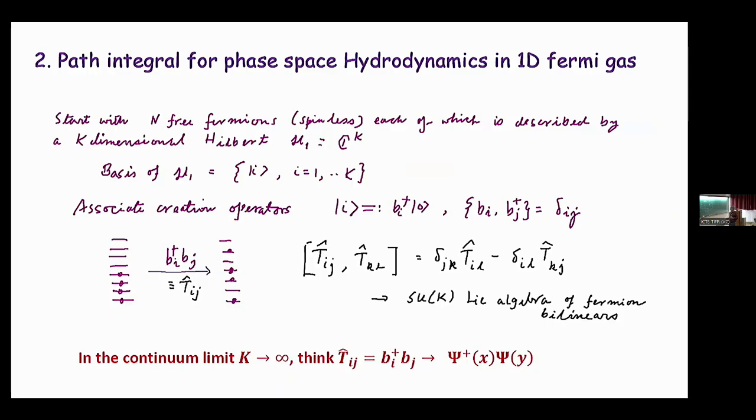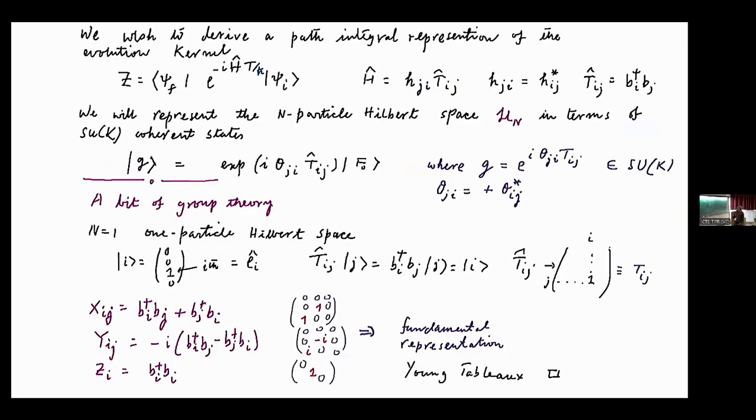as essentially b_i dagger b_j, which goes to psi dagger(x) psi(y), which is just an integral transform of the Wigner phase space distribution. Now we want to derive a path integral representation of the time evolution kernel, from one n-particle Hilbert space state to another such state. As I said, we are going to represent